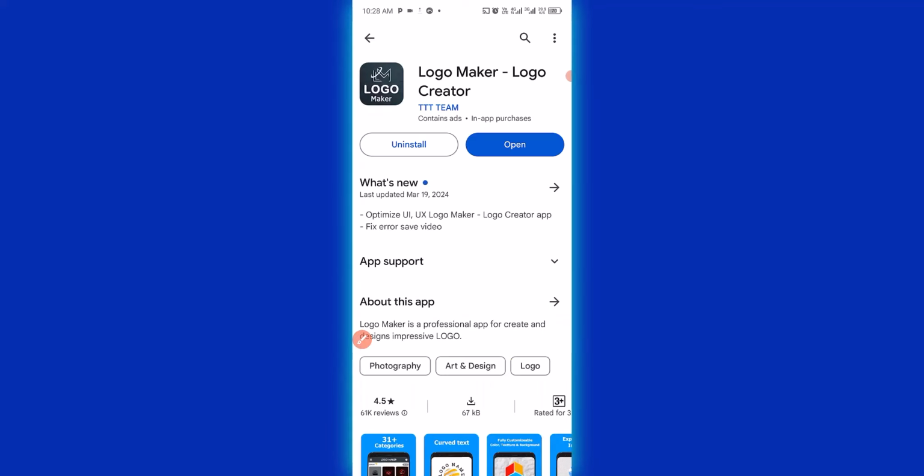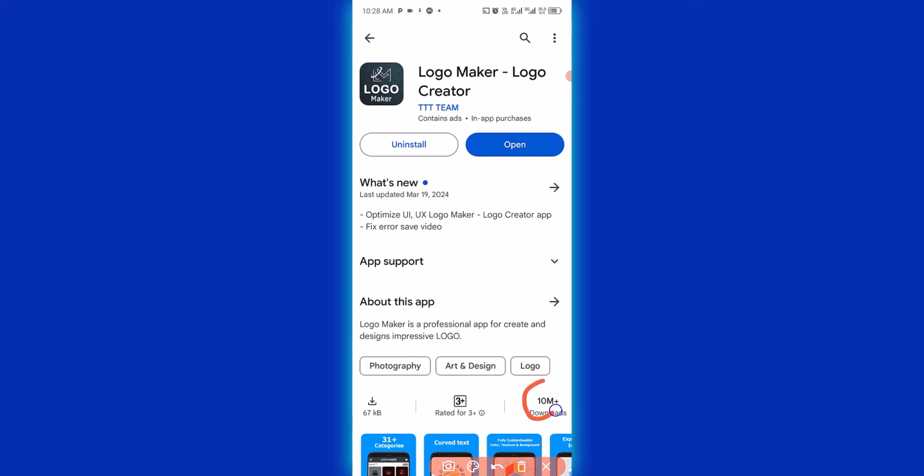Then it takes you to this particular page. If you don't have this app downloaded and installed already, what you need to do is to click on download and then click on install right here. But I have already downloaded and installed it, that is why you see this open. Okay, now this app here has been downloaded